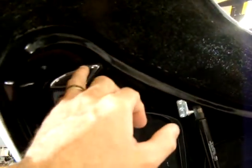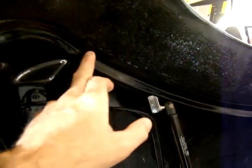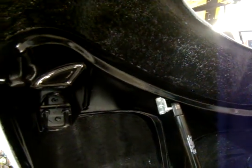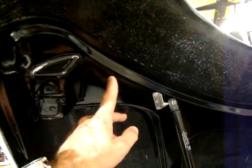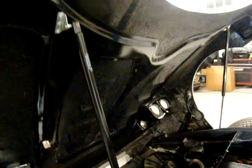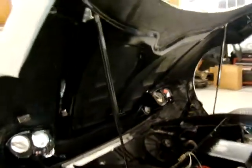The other thing I did is I shot this with a ceramic paint. It's a clear ceramic, so it's bulletproof paint. You can't touch this thing in terms of chemicals, and it's super hard, so it resists scratches. But man, it was spitting out of the gun, and after a while I was like, well, it's under the hood, not a big deal. I'd have preferred that this was a little bit smoother. But you know what, it's okay. It's not a big deal. I may doctor that up at some time after the build. Anyway,